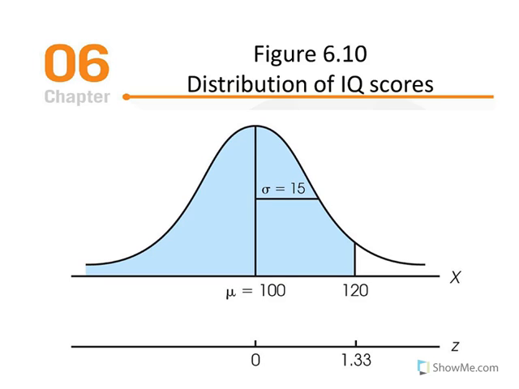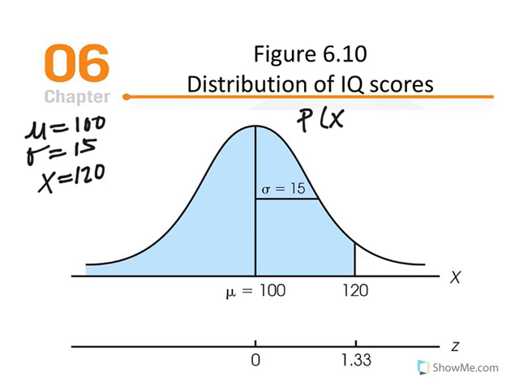Figure 6.1 refers to example 6.5 of our text, and the question being posed here is, what is the probability of randomly selecting an individual with an IQ less than 120? We're told that the population IQ average is equal to 100 with a standard deviation equal to 15. The score of interest is equal to 120, and the probability statement is as follows: what is the probability of randomly selecting an x value, which is an IQ score,